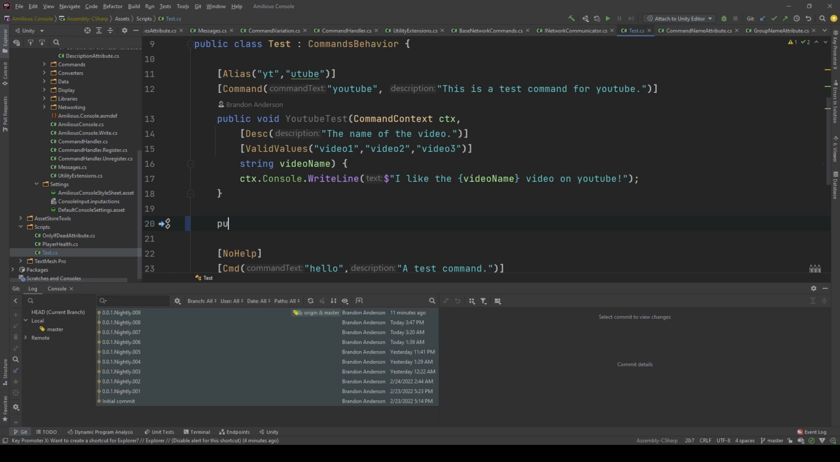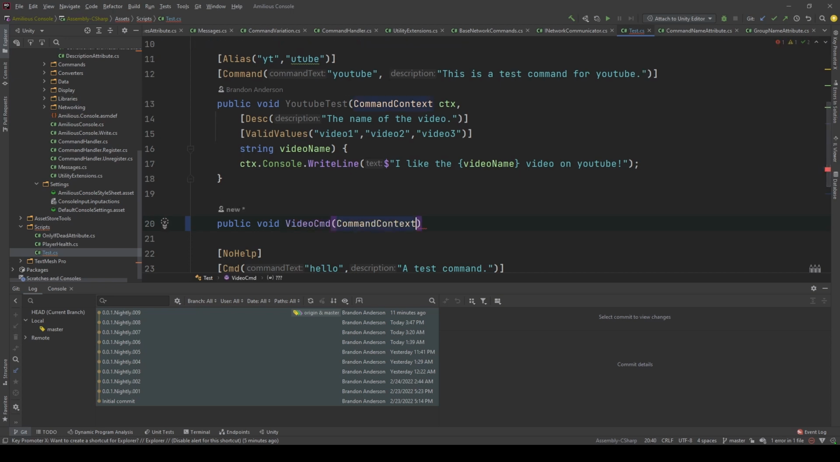To do this, we're going to first create a new method for testing this out. So we're going to create a new command here. We're going to call it video cmd, and we need our command context ctx, and we're going to have a string and call this command name. Now in this method, we're going to just write to the console, so ctx console dot write line format, and